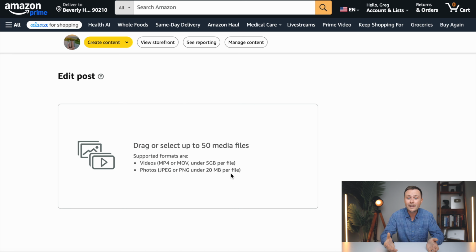If you don't fill out this tax information, Amazon isn't able to pay you your profits because they're not able to track who they paid that profit to. So just make sure you fill that out and then you can actually receive your profits. Now, after that, you will have access to this page. This is actually the upload page or the create content page on your Amazon Creator Hub.